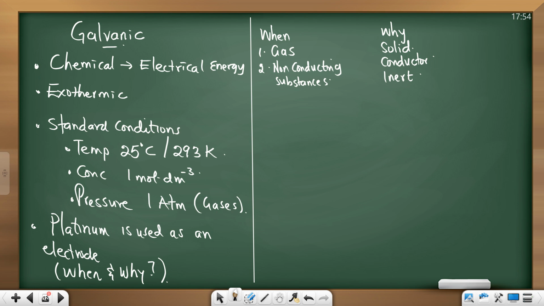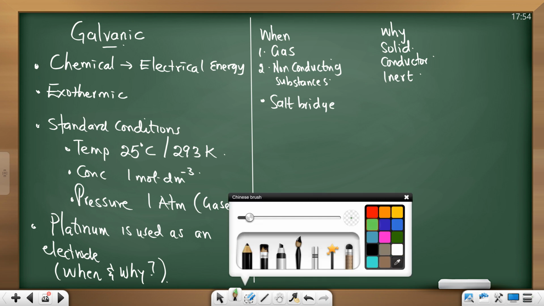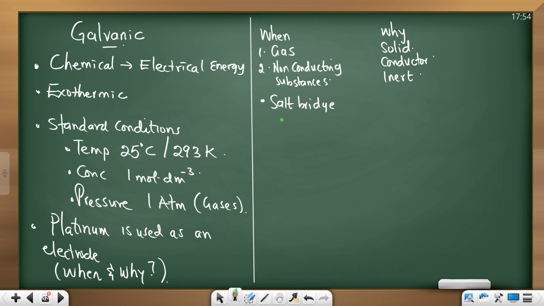There's an important component here. Salt bridge. Want to tell me about it? What can you tell me? Talk to me. All right. Number 1, it completes the circuit. That's the common one that everybody knows. And if I'm an examiner, I'll tell you, apart from completing the circuit,